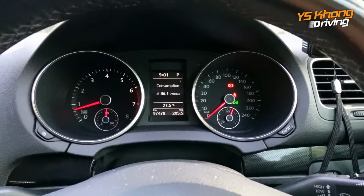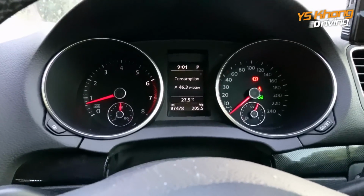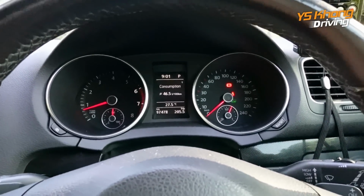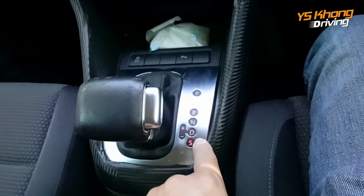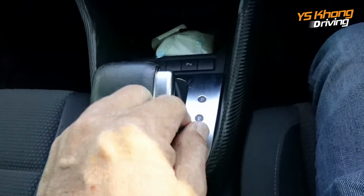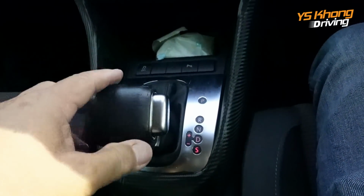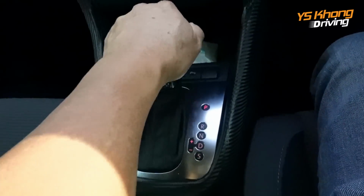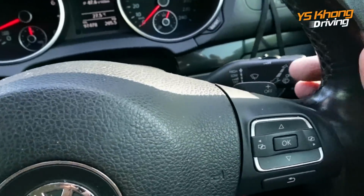Now the meters all work fine, and red line is at 6,000 RPM, and everything works. Okay, this is the gear shift, and you have your normal P, R, and D, and then you have your plus minus if you go to the left, and then you push down. Yes, there's a sport mode. Okay, this is S mode, then you have D, and then you have manual. And okay, let's put it back into P, and when you're in manual, you have your minus and your plus